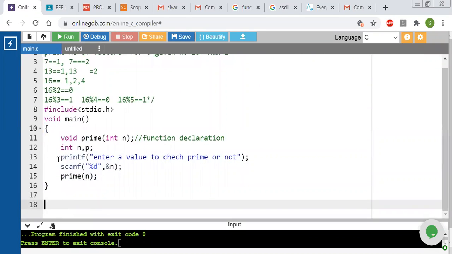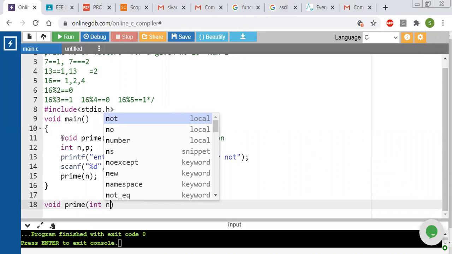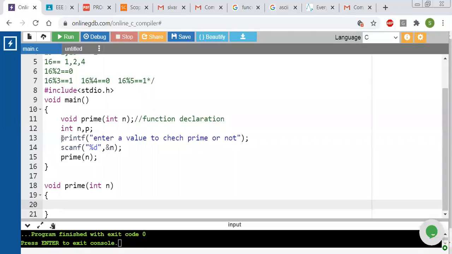If you want the return type, after completing this program I will write it with the help of the return type also. Now I'm writing the function definition, that is void prime(int n).